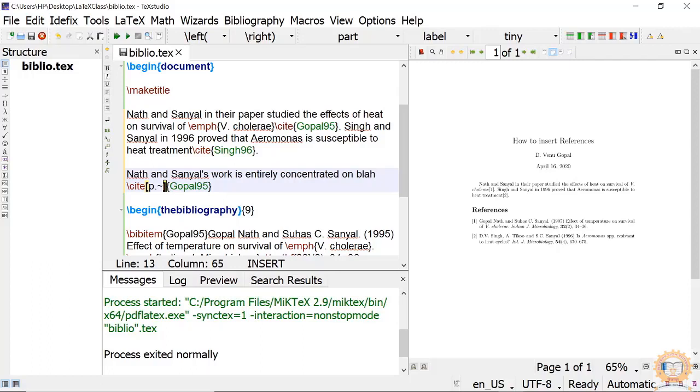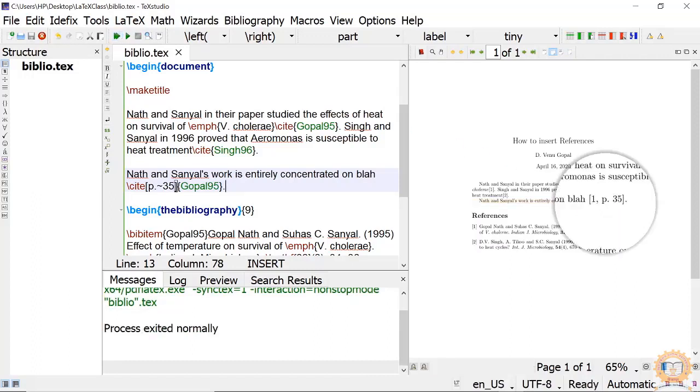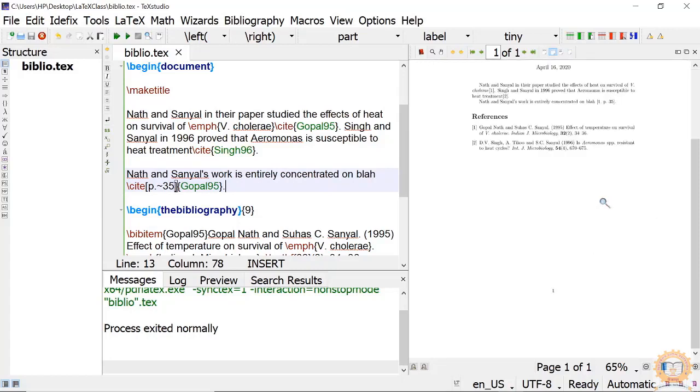What pages am I giving? 34, so 35. Okay. Now when I compile it, it will come like this: number one, page 35.